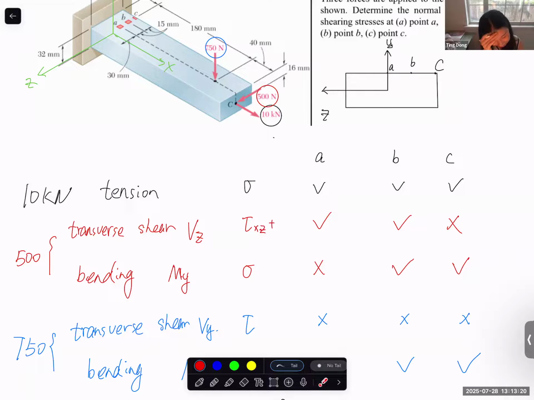Yes, you can say that the T dimension is perpendicular to the force applied, but I think it's better not to memorize which dimension should be perpendicular to what, or what should be parallel to something. You will get confused in the exam. It's always better to understand from the basics. Let's say for the force of 500, this is the